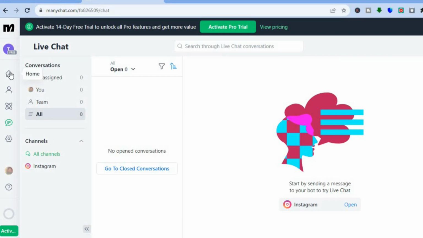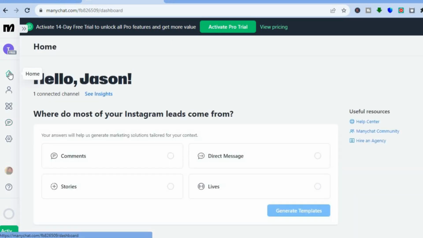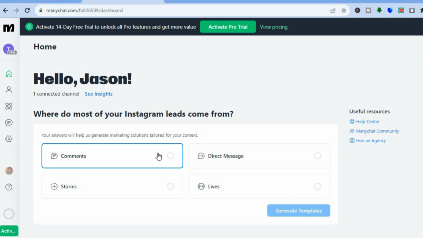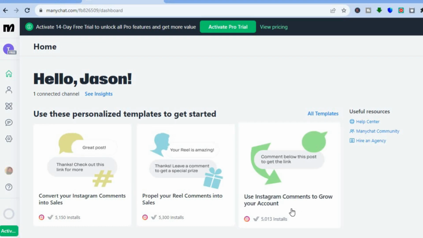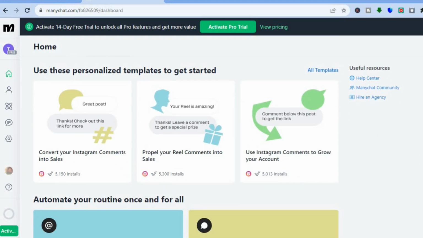Now to get started, all we'll need to do, you could tap on home. After you have tapped on home, you can see where do most of your Instagram leads come from. And from there, you could select comments, for example. Then you could tap on generate templates. After you have tapped on generate templates, you're going to give it a few seconds. And you can see the different templates that you can use to market or to target customers in your comment